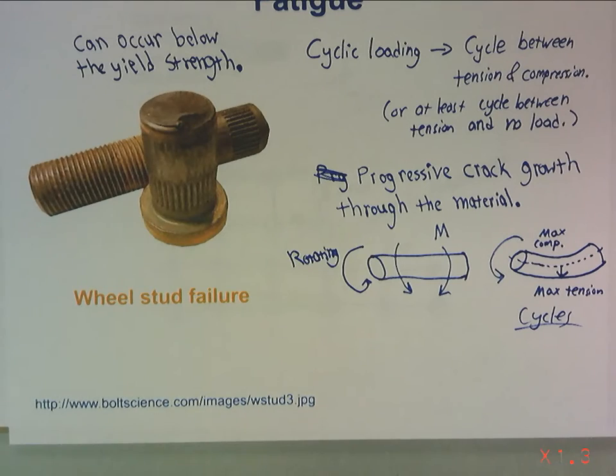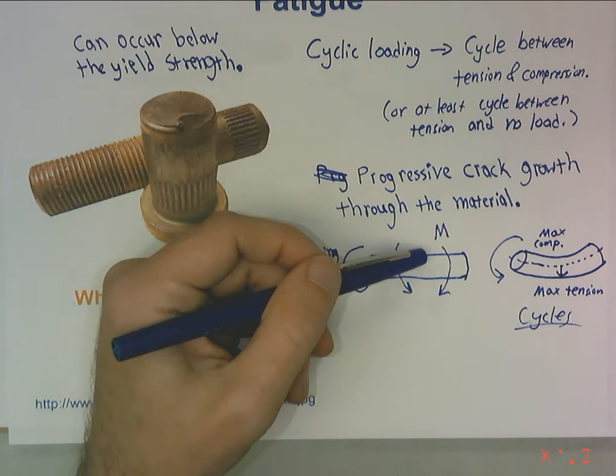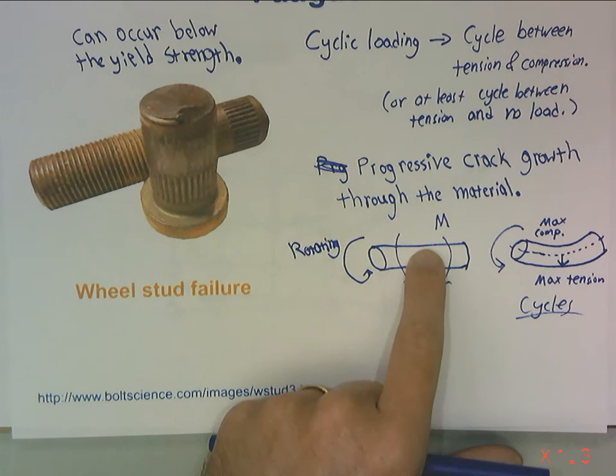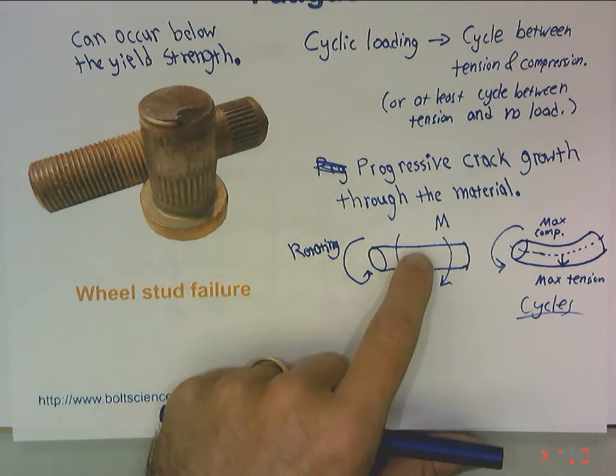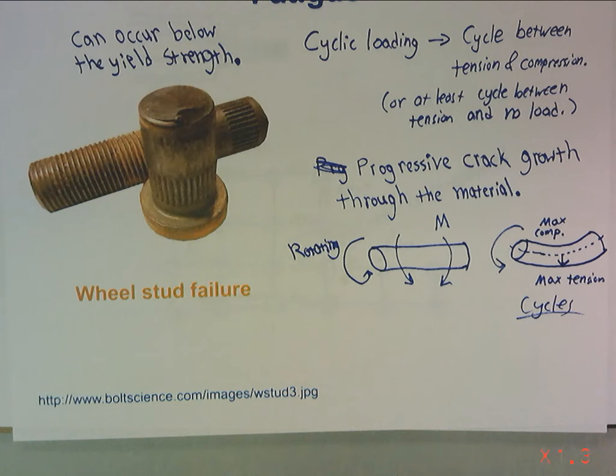So let's say we've got geometric discontinuity here on our shaft. We've got a stress concentration. We're rotating this, and let's say it's in compression, and we rotate it around and it's in tension. Couple of things going on. Not only do we have a stress concentration that preferentially tries to start failure there on our part, but we've